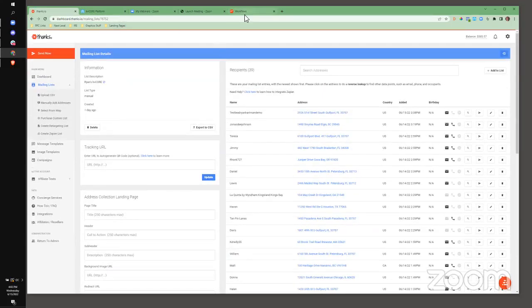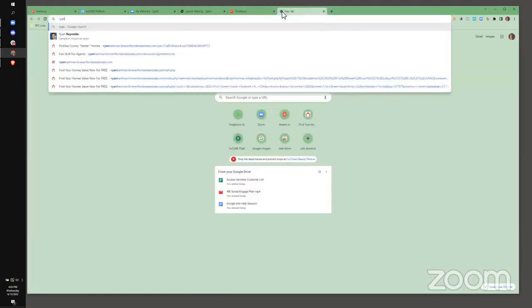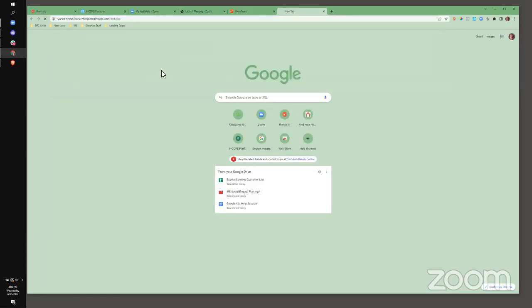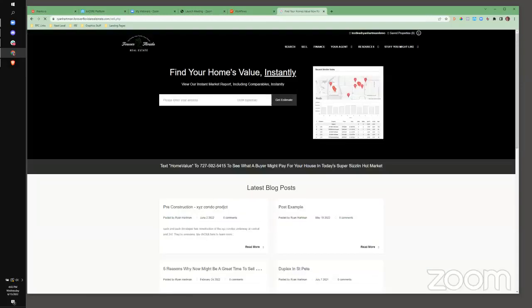So I'm going to show you the actual setup of this, but then I want to show you how to make Thanks.io automatically trigger, so anybody who lands on this mailing list, it sends something out to them automatically. And I think the most common use case, it's not the only use case, will probably be the automated follow-up of a seller lead. So when you get somebody who looks for their house value, say on the sell page of kvCORE, right? So if I go here on kvCORE and I check the value of my property,